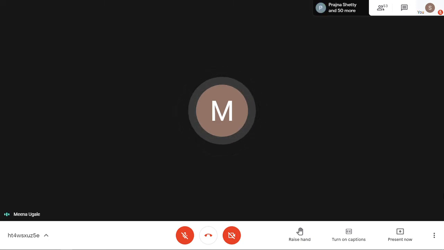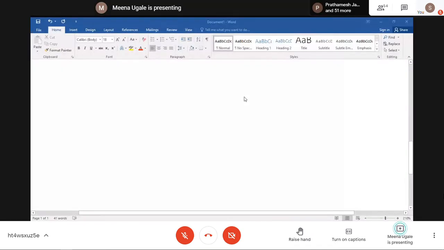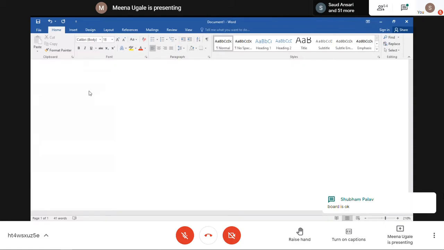I hope this Word screen is visible and understandable for you, because on the board I am finding it difficult to adjust the area actually. If it is visible properly to you, then please give your feedback on this. Otherwise, I have to go for the board again. So whichever is comfortable, please tell me. Ma'am, Word. Okay? Shubham is saying yes, board is okay. Okay. Here the thing is that I can increase the font somewhere. I can zoom also. That's why I thought it is preferable.